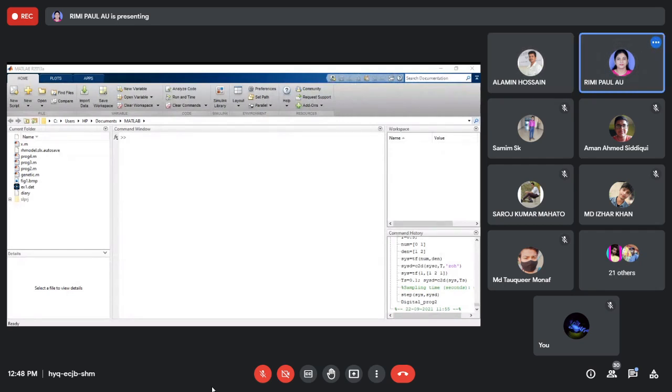MATLAB software is available, but I didn't use it. The last time students said that it is working, but one of my students also said, "Ma'am, they are telling a lie because it's not working." License version, they are asking for license, but I don't know what is going on, because most of the students said that yes, ma'am, it is working. There is some problem. We have solved it. I don't know.